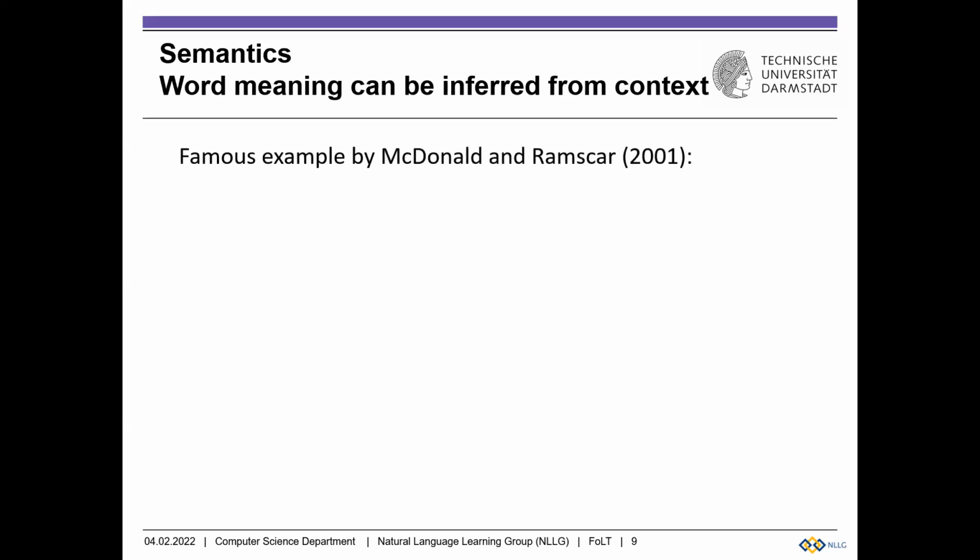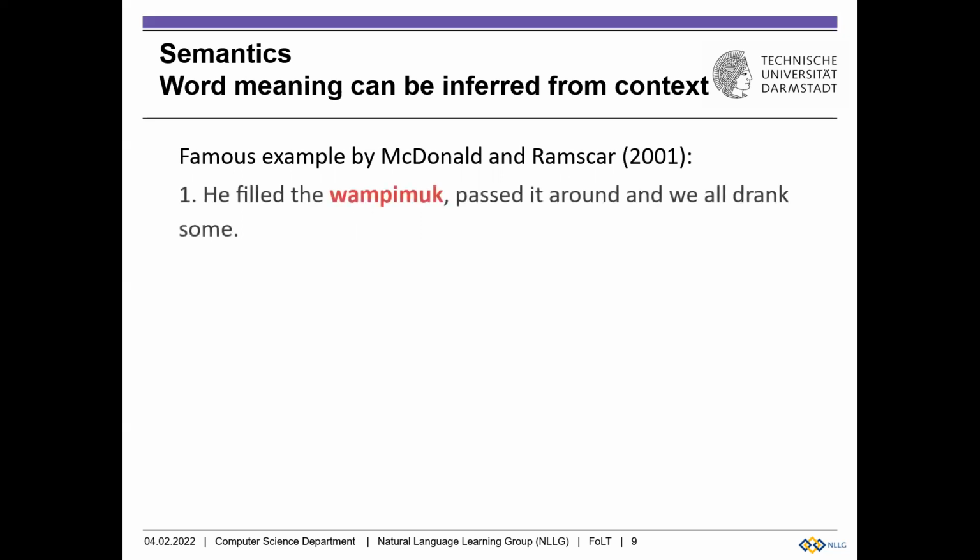Now, to give an illustration and an example of why the meaning of a word is stored in its context, let's look at an example case here. Let's assume there's the word wampimuk, which all of us may not have heard of before. So we hear a sentence like, he filled the wampimuk, passed it round, and we all drank some. Now, even though we may not know what the word wampimuk actually means, from this context, we can infer that maybe it has to do something with glass, bottle,